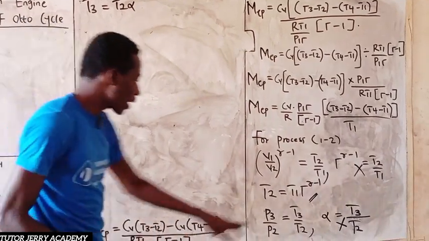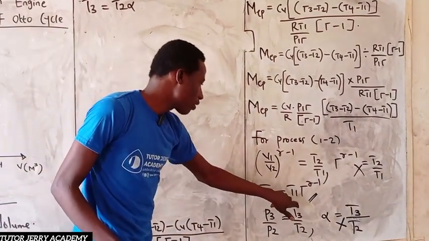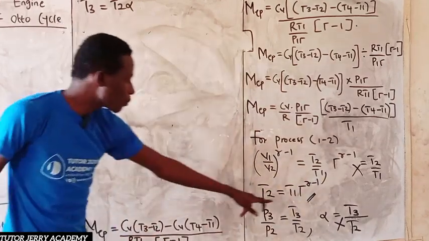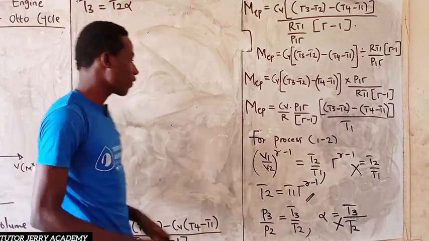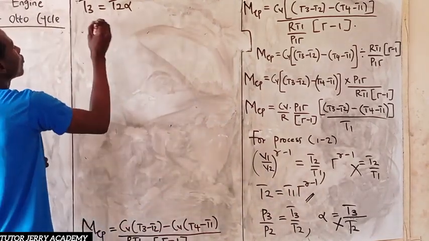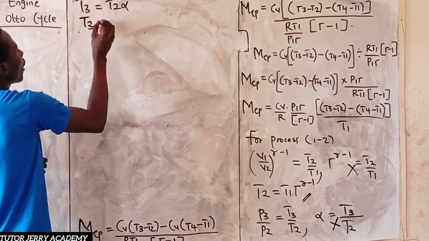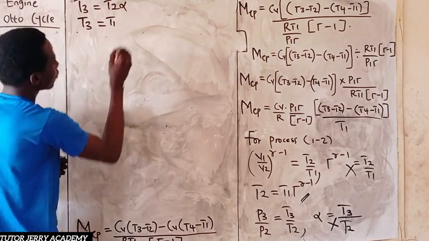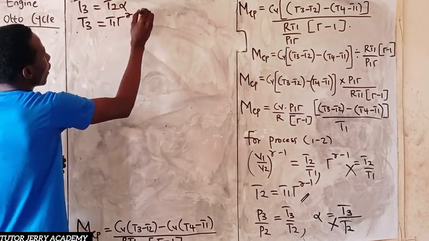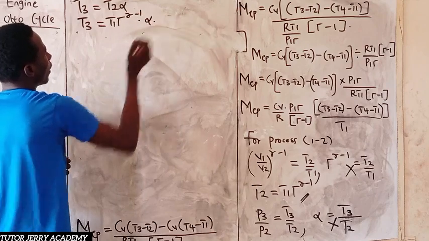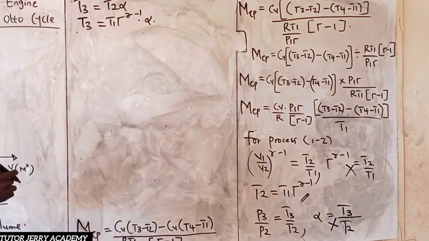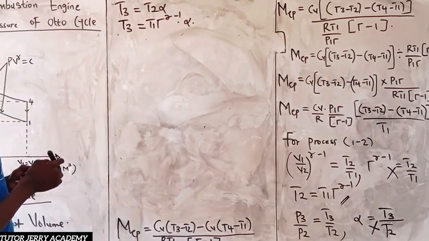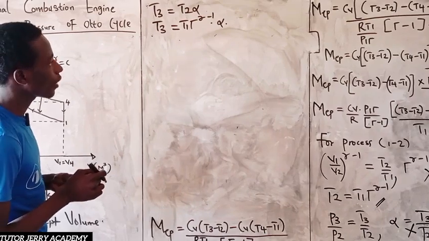Now, already I have my T2 to be equal to T1 compression ratio to the power of gamma minus 1. So in place of T2 here, I'm going to be putting T1 compression ratio to the power of gamma minus 1. So T3 will now be equal to T1 compression ratio to the power of gamma minus 1 multiplied by alpha. So this is what I have. So next, let's go for that to state